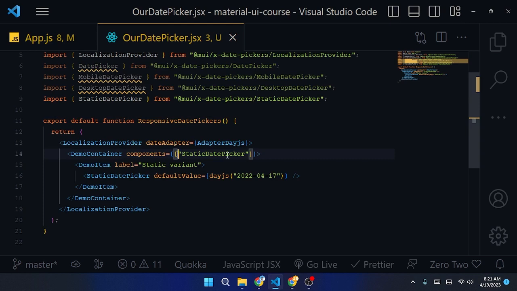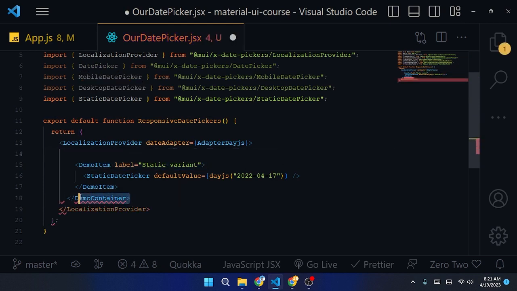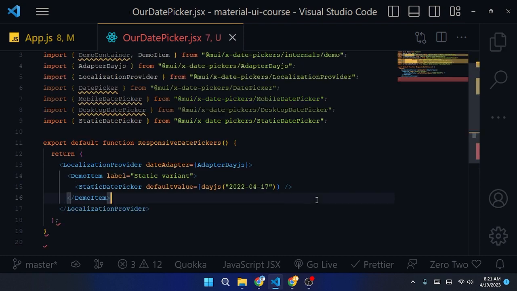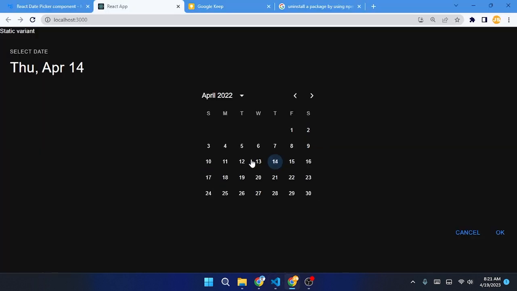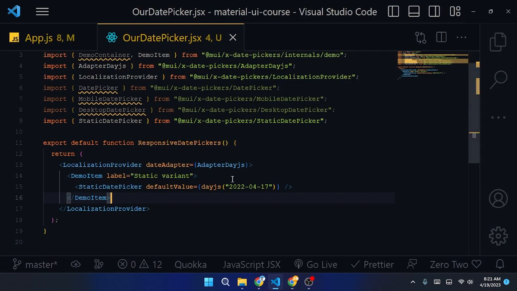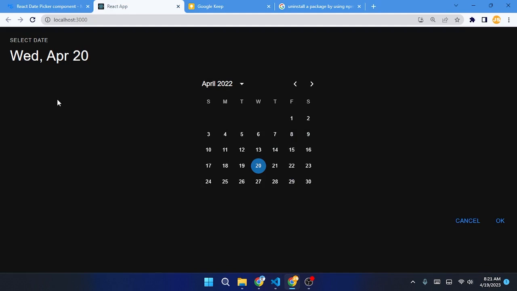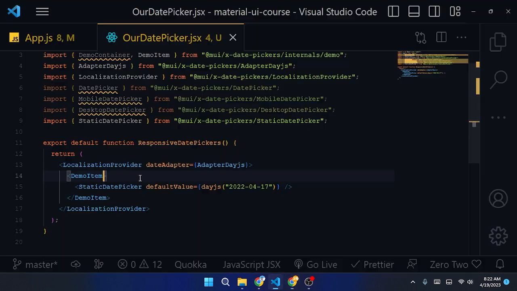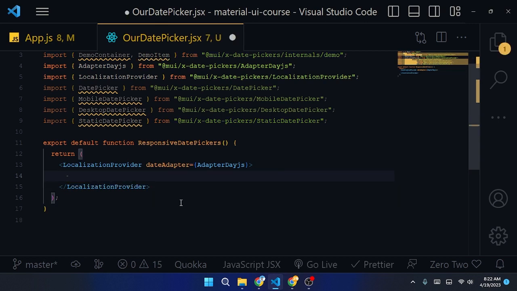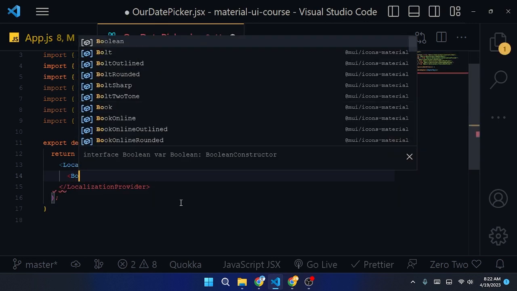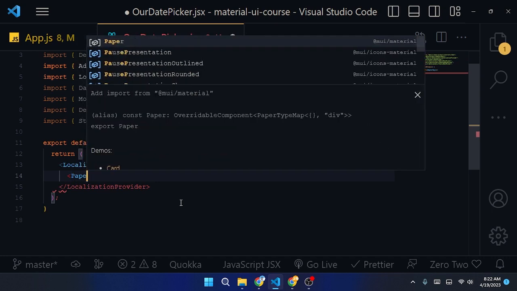Okay, demo container, I can cut this out. If I cut them, then the container is removed. Now I can also remove this label if I want. Select a date, select a date, and I can also make this in a box, or say paper,